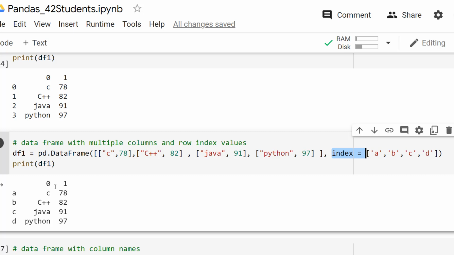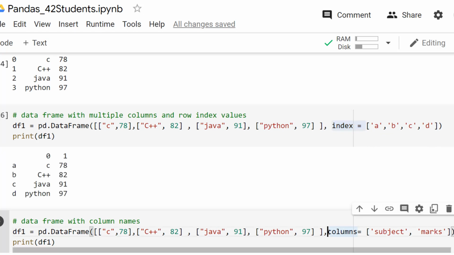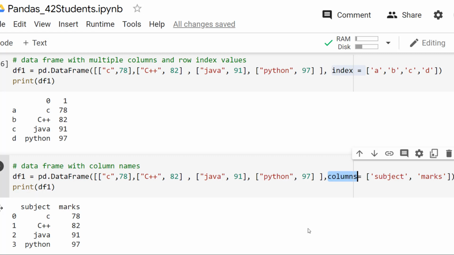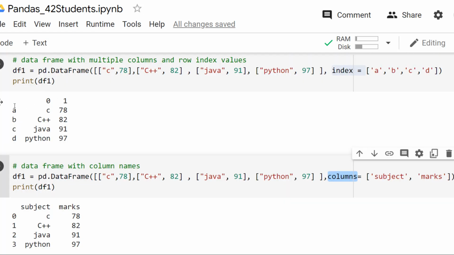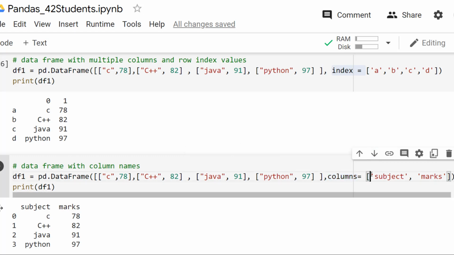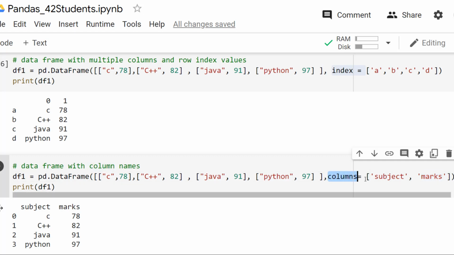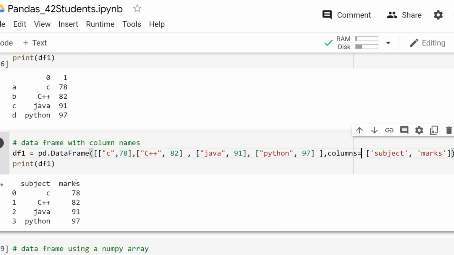Now how can we index the columns? Is there a way to index the columns similarly? Of course, we have another attribute with the name columns. If you pass values to the columns attribute, those values will be used as column names. Here, how many columns are there in the data frame df1? There are 2 columns, right? And we need to pass 2 different column names. So columns is the attribute where I am passing the list of column names, so that the names we are passing are used as titles for the columns.